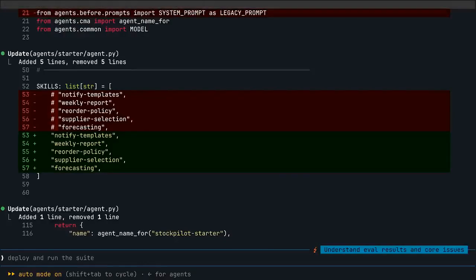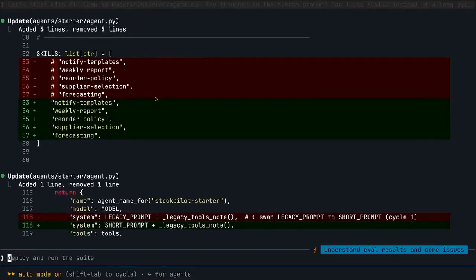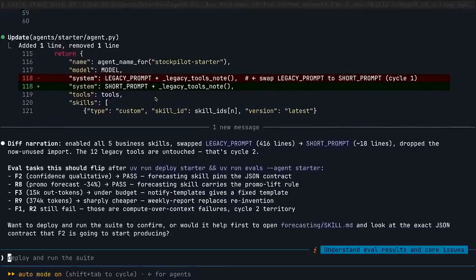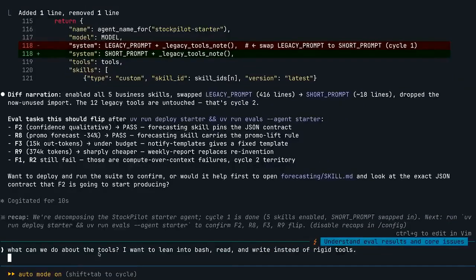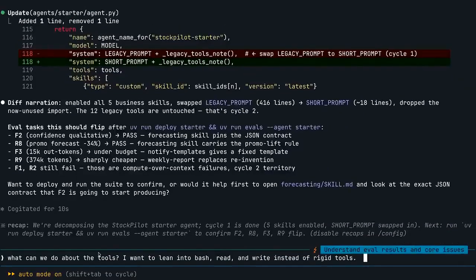Great. I am now going to continue working with Claude. So you can see we made those changes here, which is fantastic. There's some evals that I can go rerun. I'm going to ask Claude to do one more thing, and then we're going to rerun some of our evals to